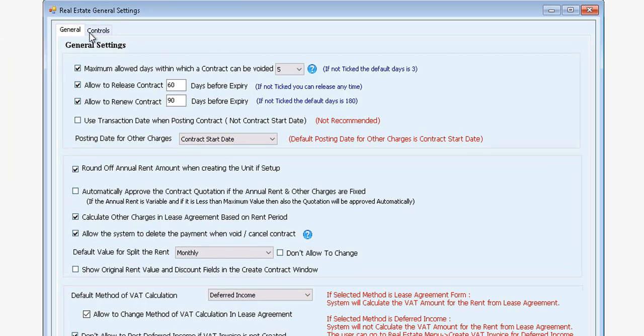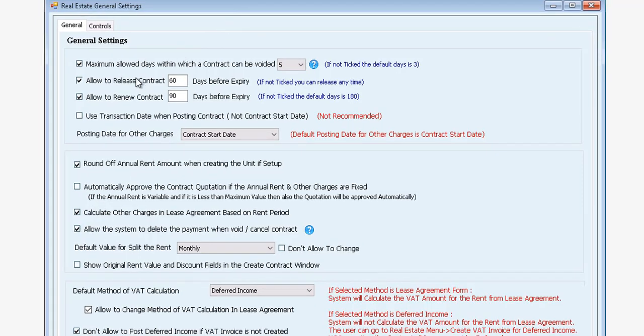From here, you will see that it's divided into two different tabs. The first tab is the general and the second tab is for control. So from here, we can see that it's displayed in a checklist format. So it's user-friendly as much as possible. You will see that it's divided into whether there are maximum allowed days within which a contract to be voided. So if it's not ticked, this means the default is 3. So the user can feel free to tick this or not, but if it's not ticked, as you can see